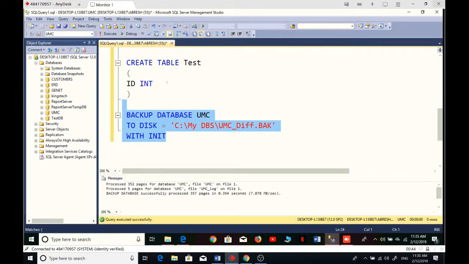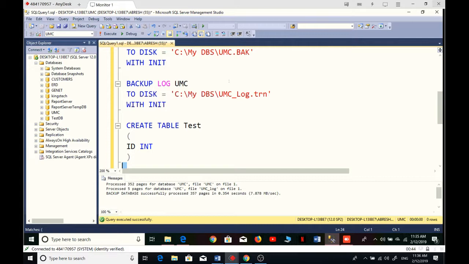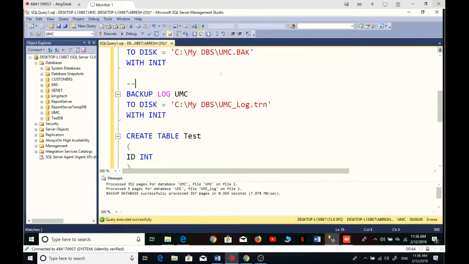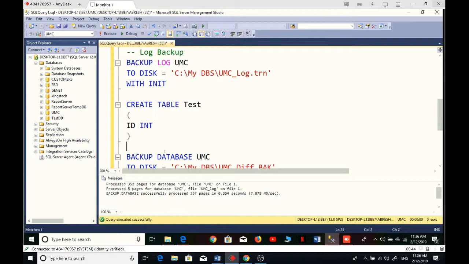Okay. Here I need to write on top, log backup, and then here I'm gonna say differential backup. Okay, so